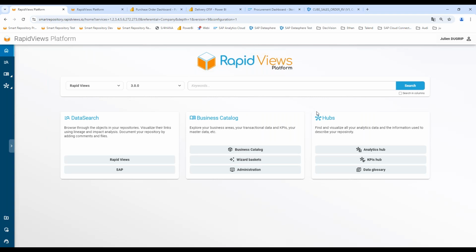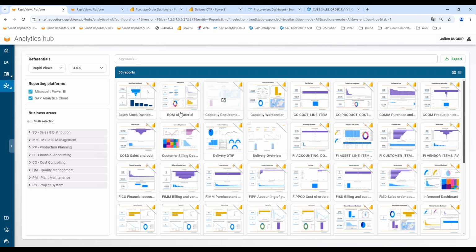These 3 previous features are oriented to the BI manager, and now we can see features oriented to the end user. I can open the Analytics Hub. The Analytics Hub is a hub that centralizes all the reports available in a company. I can centralize Power BI reports, SAP Analytics Cloud reports in this example, but also DigDash reports, SAP Business Objects Analysis reports. Any report is centralized in one same place, and I can directly search for delivery report.